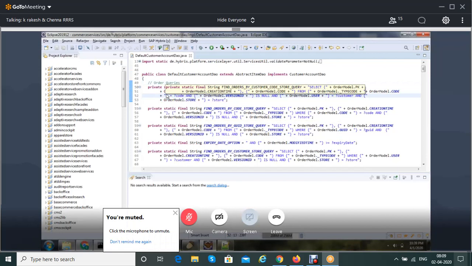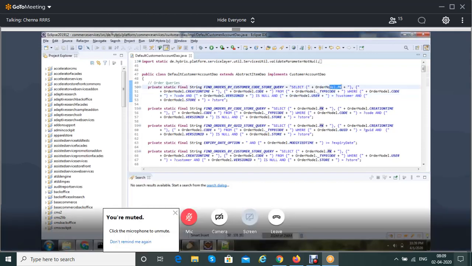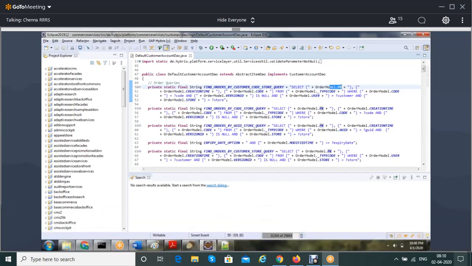Okay. Last question. Sir, in the query, we are fetching three attributes like PK, creation time, and code. But when the query executes, we are storing the data in the order model. In the order table, there are many more attributes that we are not fetching. Then what happens to those attributes? See, here you are getting the PKs, right? With the PK, you can get the remaining things later also. You can try to manipulate with the PK later also. As long as you have the PK, you have full control of that record.